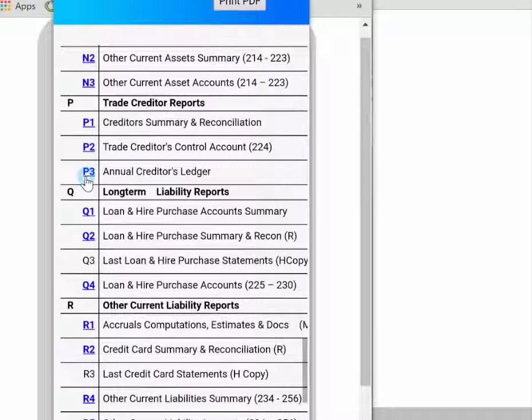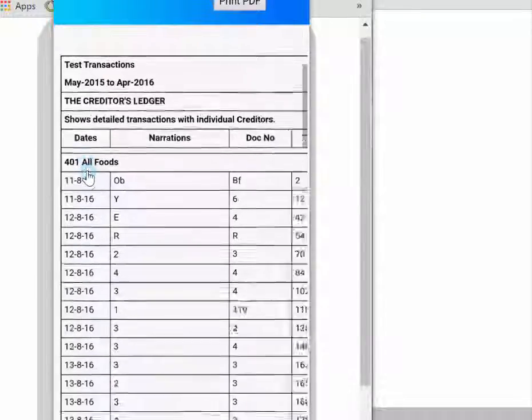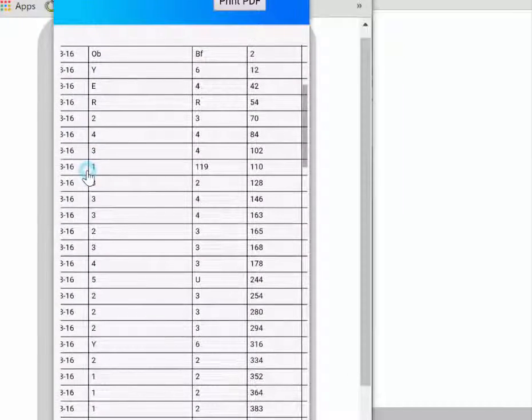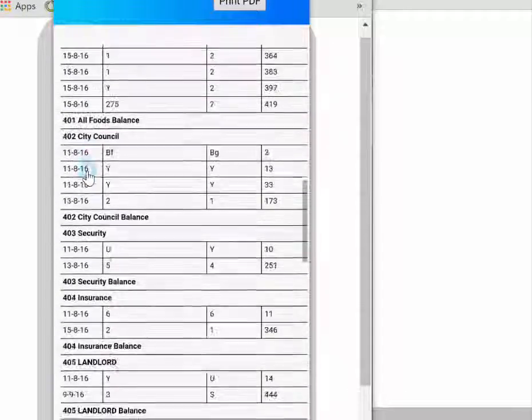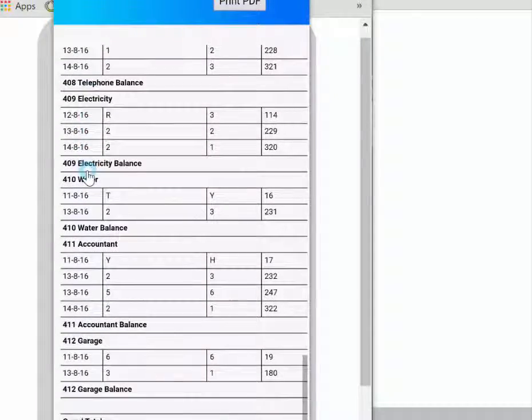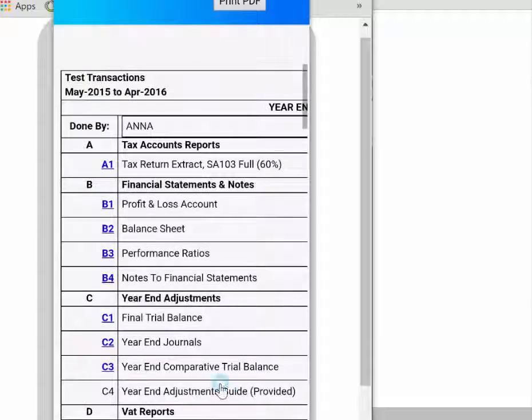Let's start with P3, the annual creditors ledger. This is where we find all individual creditor accounts. We scroll up. Individual creditor accounts are found here, and you find transactions for the whole financial year. Next to that, we look at,